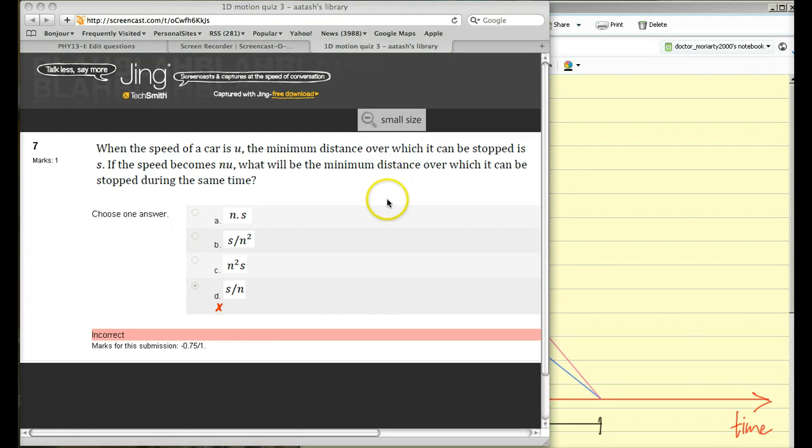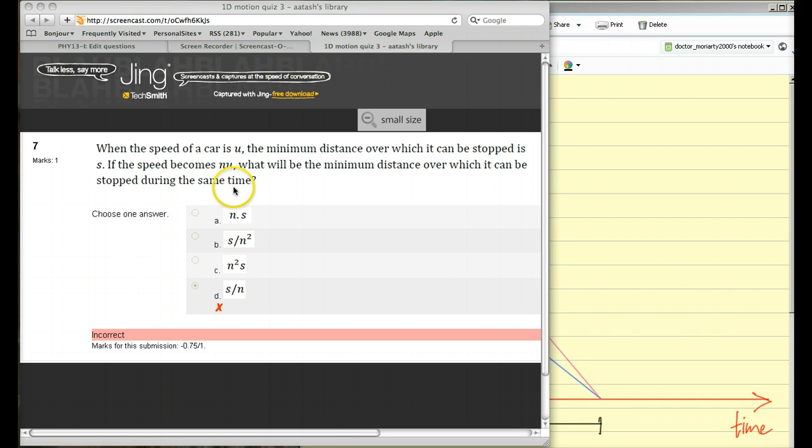Okay, Atash, I'm glad you asked this question because it is a little bit of a tricky one, because it goes kind of against common sense. Let's read the question first. It says when the speed of a car is u, the minimum distance over which it can be stopped is s. If the speed becomes nu, what is the minimum distance over which it can be stopped during the same time? Okay, and that's where the confusion arises